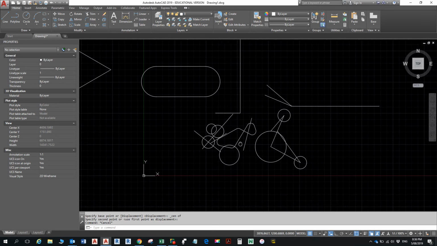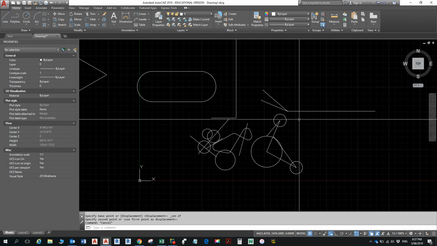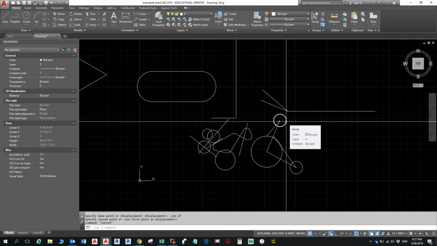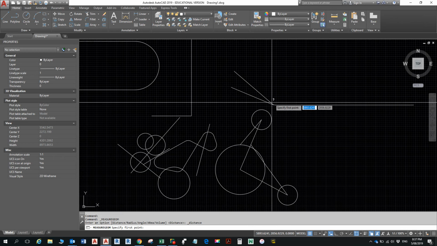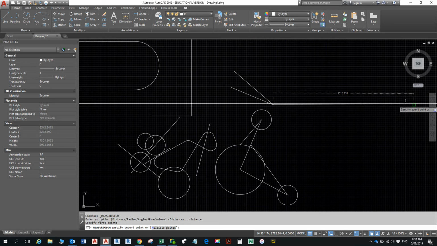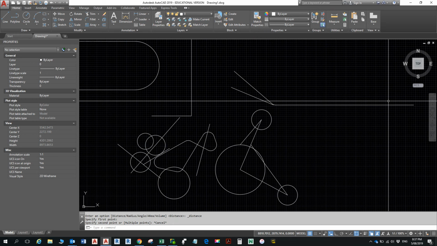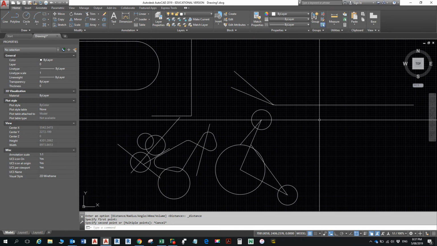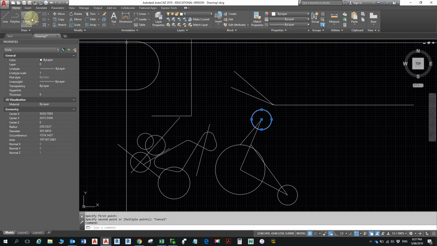So for example, if I want to copy this here, I'll just copy. I might want to copy this circle from here across here. I've got something like 3.5 meters here. So you have to maybe measure and see what your scale is. But I'm going to move this about a meter from here straight across. How do I do that? I select it, I click move,